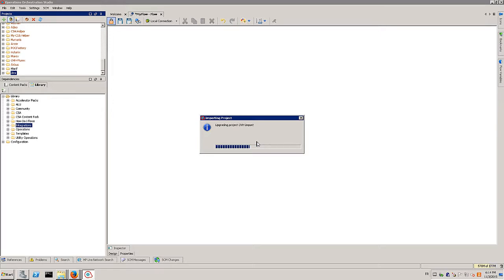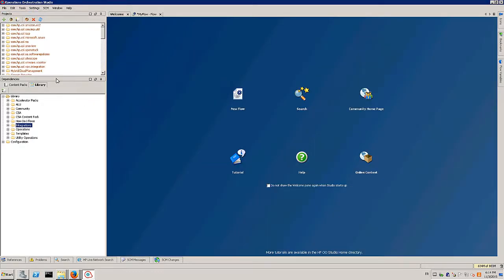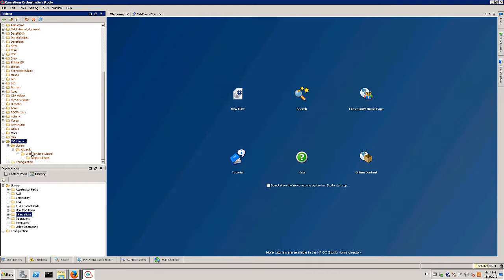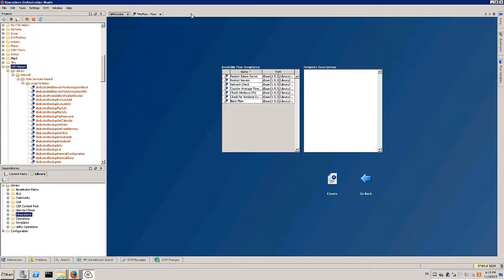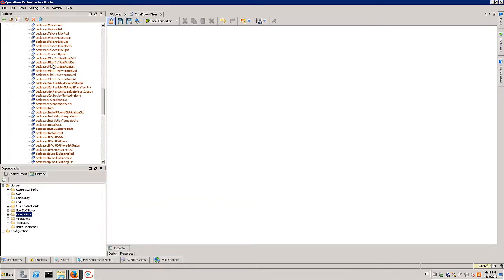Once it's imported inside my studio, I will be able to open it and see all the operations created by the wizard. Let's browse the library, wizard, and then I can see all the available operations for the dedicated endpoint.